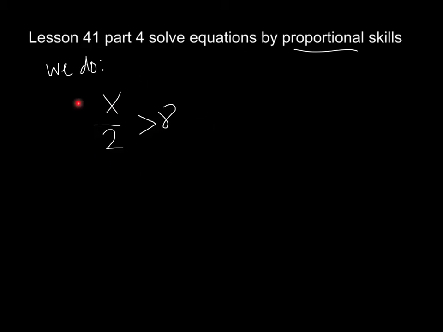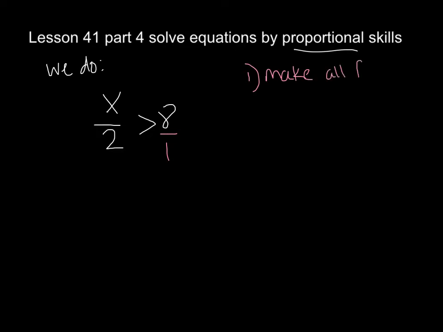So let's go do our first we do. We have x divided by 2 is greater than 8. So whatever x is, when we put this here, this division problem is going to have to be a larger number than 8. So we'll go ahead and do the steps we did before when we had problems similar to this, but there was an equal sign there. We'll make a fraction out of it. So go ahead and put step 1, make